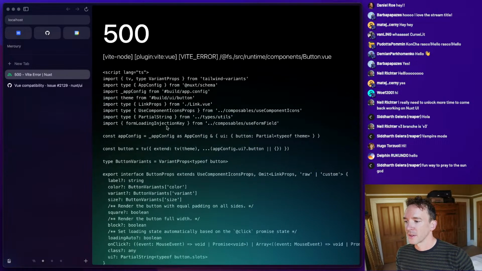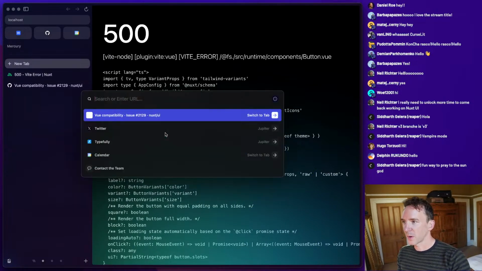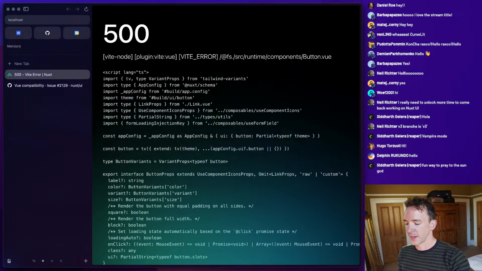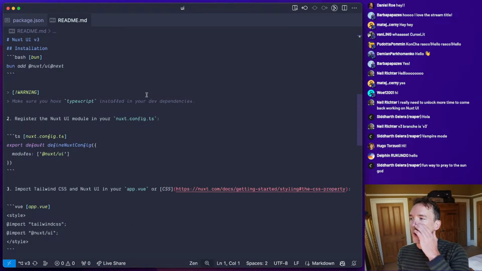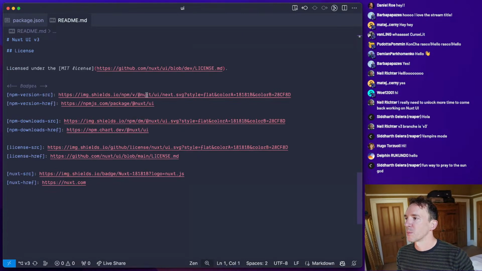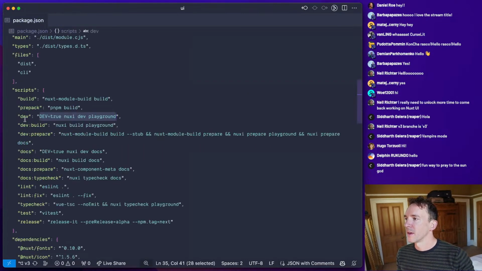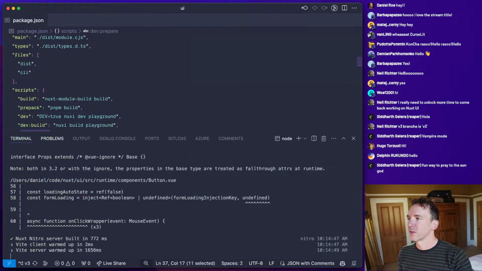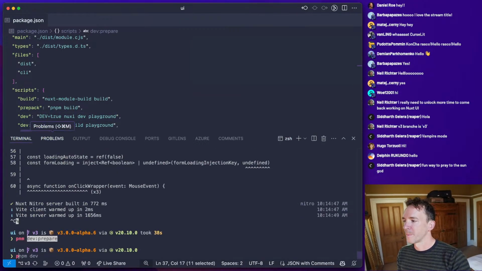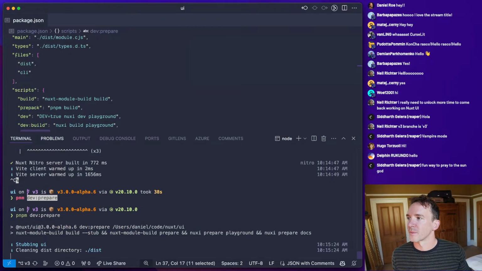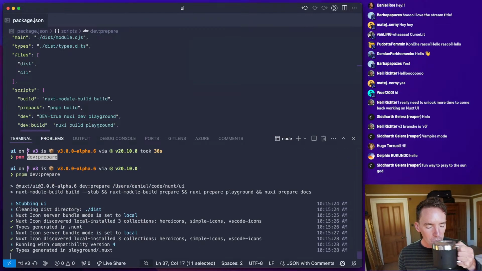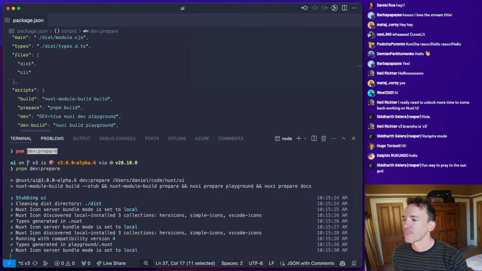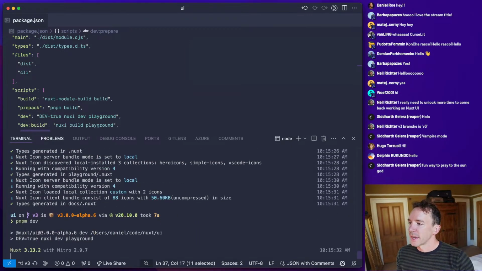It's not working. How can I do this if the dev branch isn't working? Okay, maybe there's some extra steps to start it. Maybe we need to prepare. I bet we probably need to prepare the project. Let's try that. In retrospect, this is almost certainly what you need to do. Try that again.